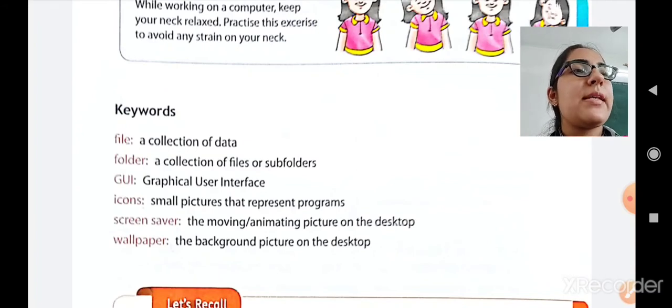Then all the exercises like fill in the blanks, match the following, true false, choose the correct, you have to write in the textbook. Except the keywords and question answers, you have to write in your notebook. It means all the textual exercises like choose the correct, fill ups, true false, and match the following, you have to write in your computer textbook, while the keywords and question answers you have to write in your computer notebook.